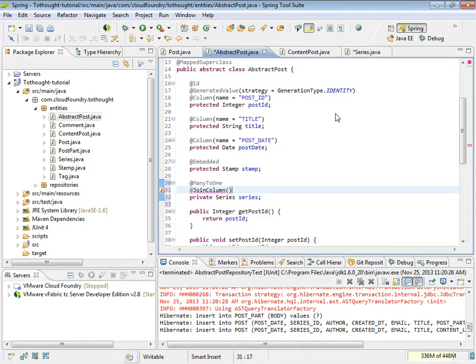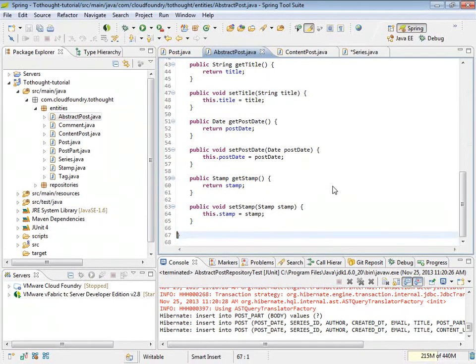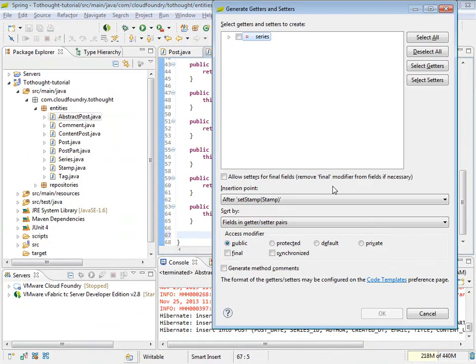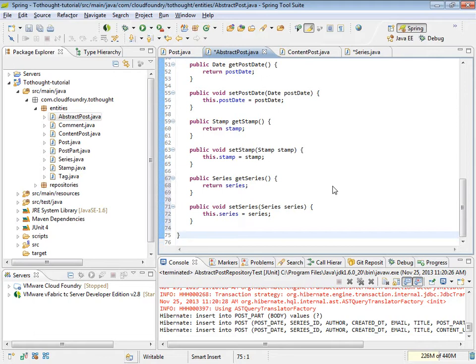And we will use, let's import it first, we will use the series ID on the post table as our join column. So we can save that. And we also need to generate getters and setters for the new series field. Format, and then